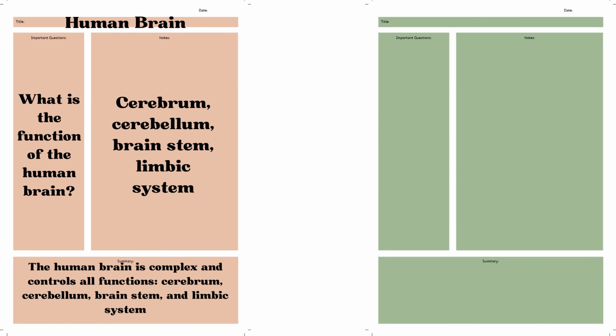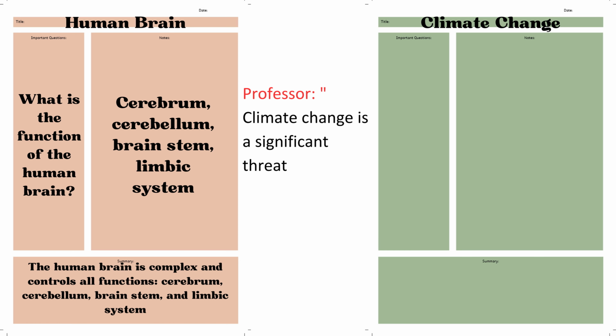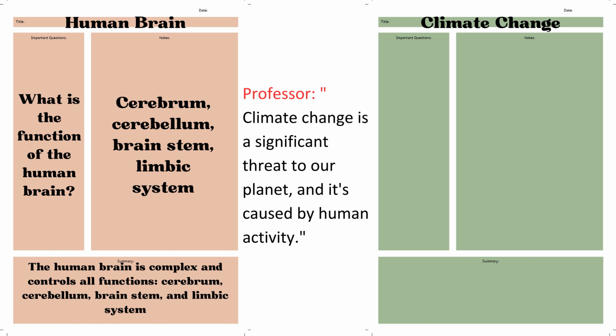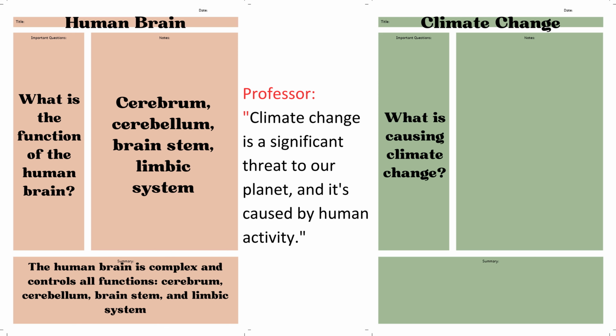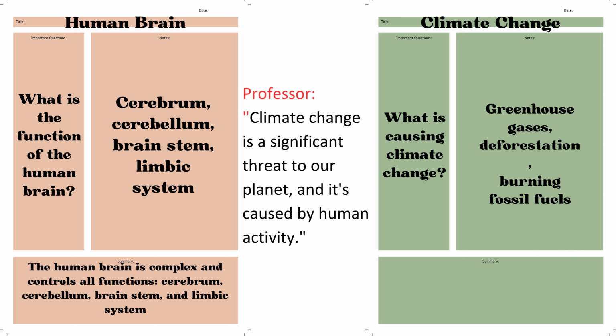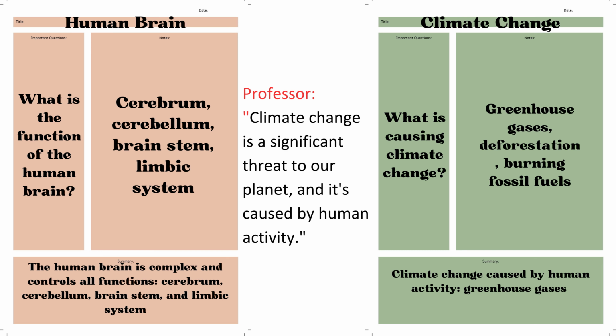Suppose it's another lecture on the topic of climate change. Professor: Climate change is a significant threat to our planet, and it's caused by human activity. In the left column, you would write down key points and questions, such as, what is causing climate change? In the right column, you would take more detailed notes, such as greenhouse gases, deforestation, burning fossil fuels. In the bottom section, you would summarize the main points, such as climate change caused by human activity, greenhouse gases,